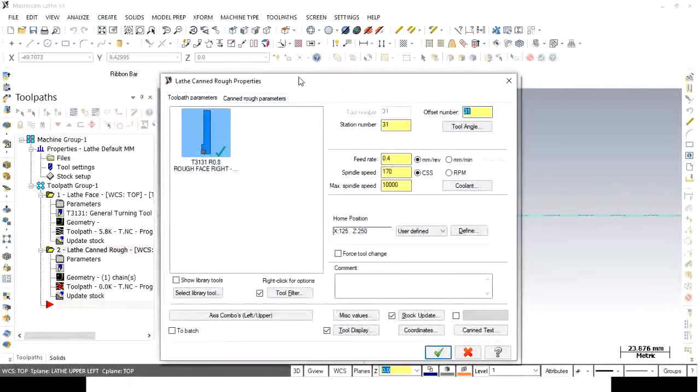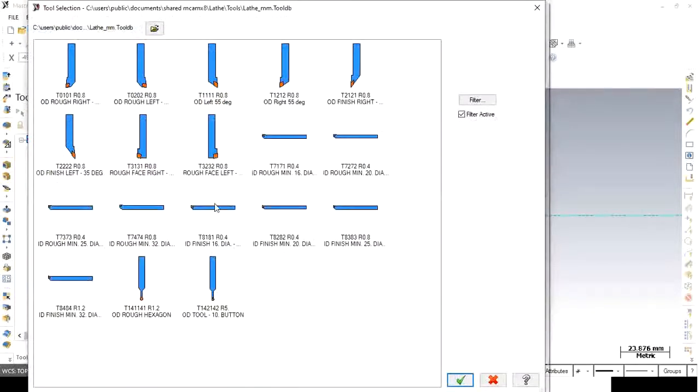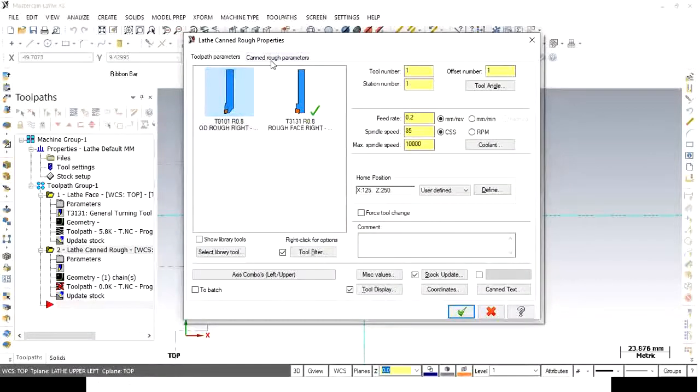Now again this window will appear. We have to select the tool first. So again click on library tool, select the OD rough right. This tool should be selected as right hand side, click on OK. Then we have to select the rough parameters. The feed rate and spindle speed you can again provide, in mm per revolution or mm per minute. That depends on the user, and according to the provided data, the code will be generated. As you know, the feed rate for G96, G97, and G94, G95 depends upon mm per revolution or mm per minute, and constant surface speed.